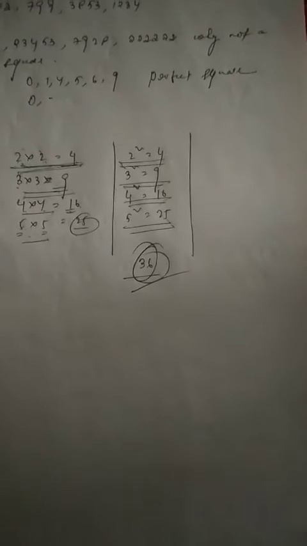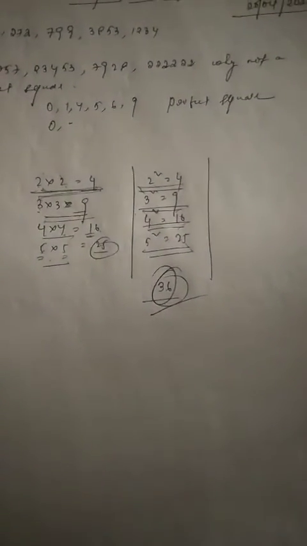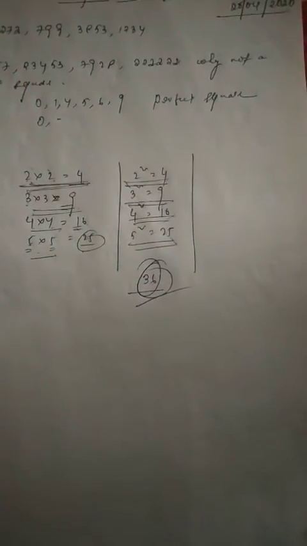Whenever I'm talking about the square root of a particular number, I have to imagine a number. As this is a small number, we can imagine easily, no problem in that. When we are having a small number, for an example 36, as I've written on my copy, I have to imagine a number that I'll multiply with itself in order to get this particular number. Children, I'm explaining in a slightly different way so that you can understand from both the ways. Here I've written 36. I have to imagine a number which I'll multiply with itself in order to get this number.